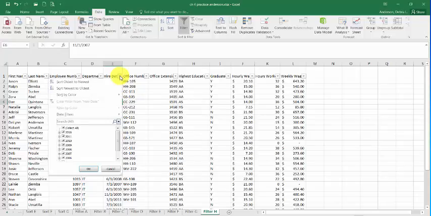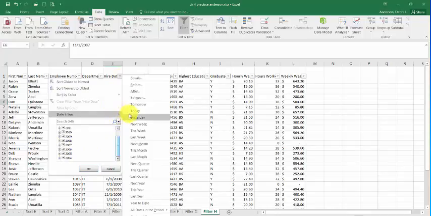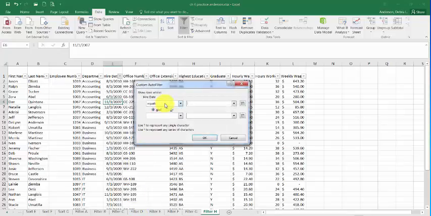So click on the down arrow for hire date, choose date. Again, do not click on this. Choose date filter. And what I want is not in this list. I don't want this week or next month or next quarter. So if I want a specific thing, choose custom. Custom filter. And I want this to be is after or equal to 1/1/06. You do not have to type in 2006. It'll automatically assume that. And let's see, I want the first half of 2006, before or equal to